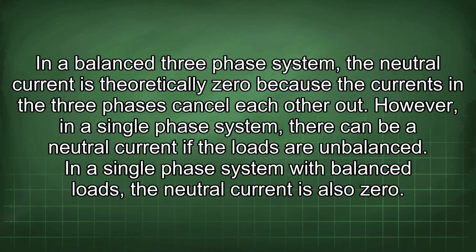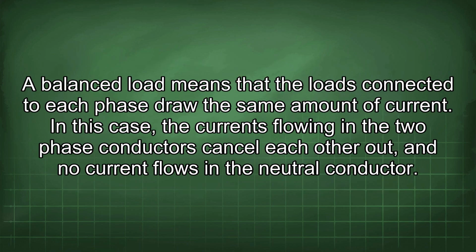In a balanced three-phase system, the neutral current is theoretically zero because the currents in the three phases cancel each other out. However, in a single-phase system, there can be a neutral current if the loads are unbalanced. In a single-phase system with balanced loads, the neutral current is also zero. A balanced load means that the loads connected to each phase draw the same amount of current. In this case, the currents flowing in the two-phase conductors cancel each other out, and no current flows in the